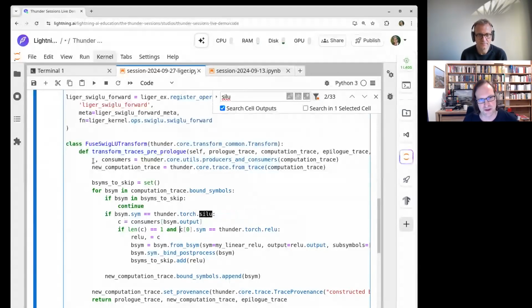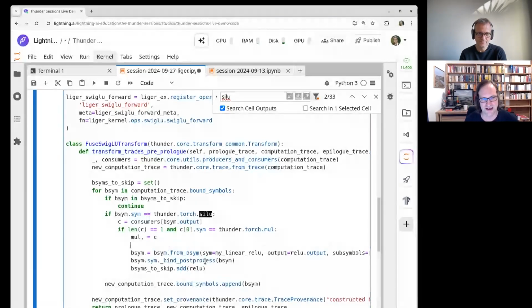And we grab the consumers. So if we needed the output of the Silu for more than one thing, we can't fuse it, because we need the output. And the whole purpose of fusing is avoiding creating this output. And the other thing needs to be a multiplication here, right? Yep. And so we can have the multiplication as the only consumer. And now we want to be a bit flexible because the multiplication commutes, and if for whatever reason somebody spelled it out the wrong way, we would want to be lenient.